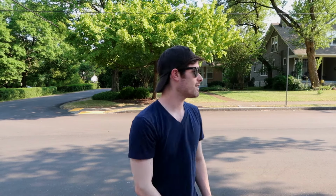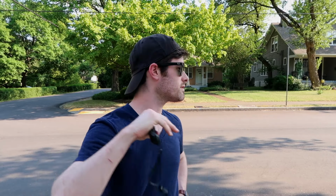So right now I'm shooting right on somebody's fence and just riding this thing around and seeing what it can do. Also wanted to test out the autofocus and stuff on this bad boy. So I'm gonna do a couple of different tests: zoom, autofocus, stabilization tests. So I guess right now I'm gonna take it off this fence